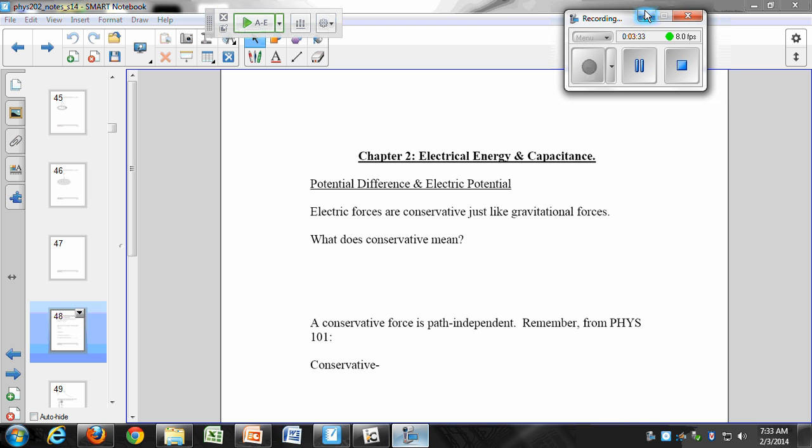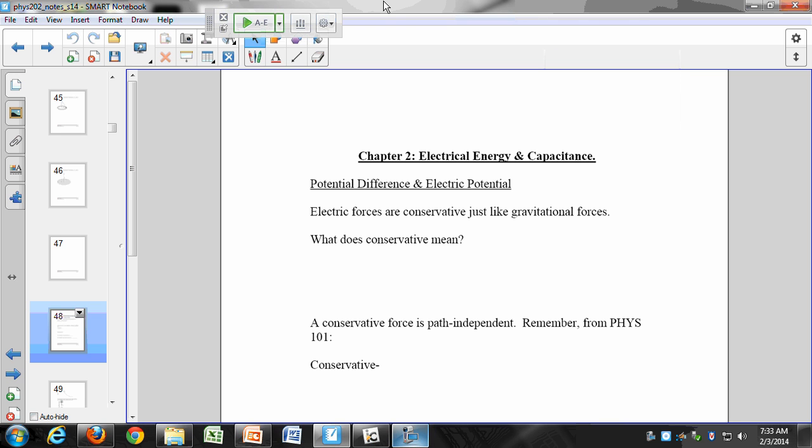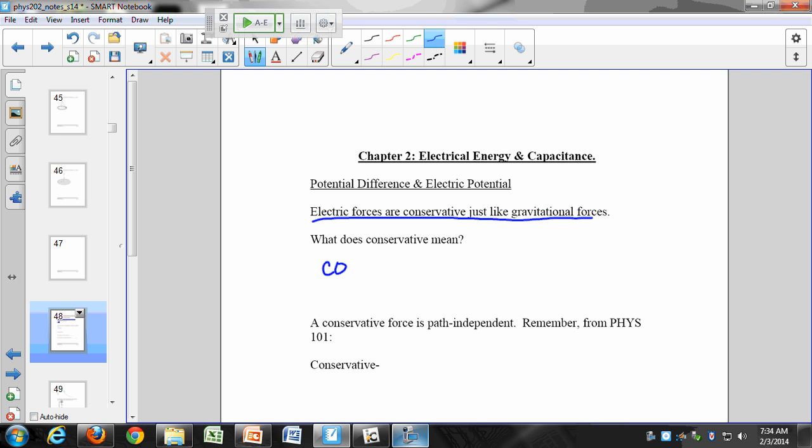I'm not going to spend a whole lot of time on this, and it might not help you a whole lot. There are some basic ideas that I want you to know that I'll try to highlight as we go along. But it might help you to sort of understand potential and how we relate potential and energy. But first of all, electric forces we know to be conservative. Do you recall what conservative means? To conserve energy. Right. So in physics, whenever we say that something is conservative, we mean that it conserves energy.